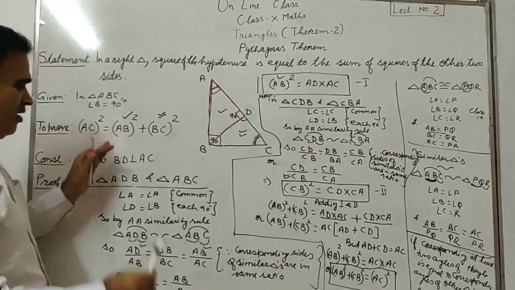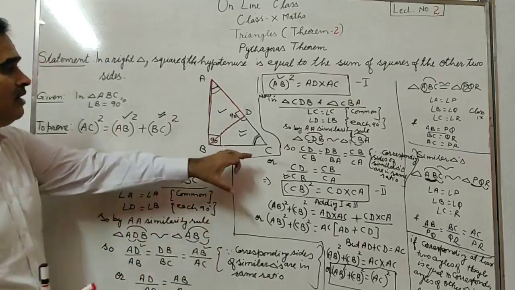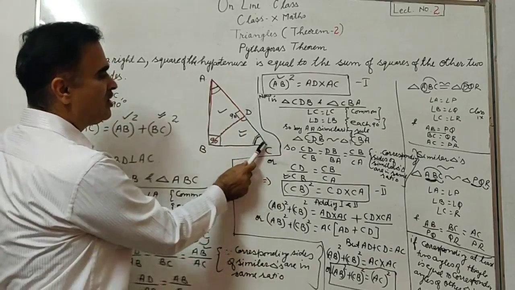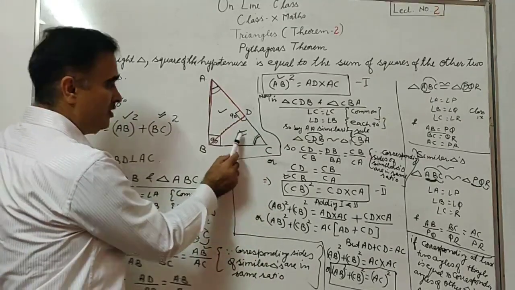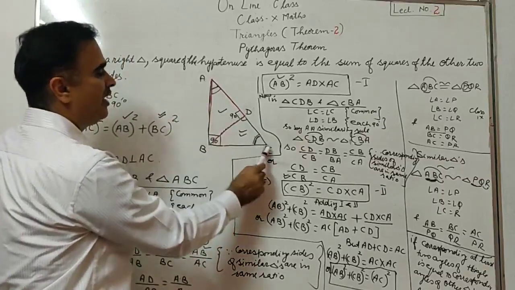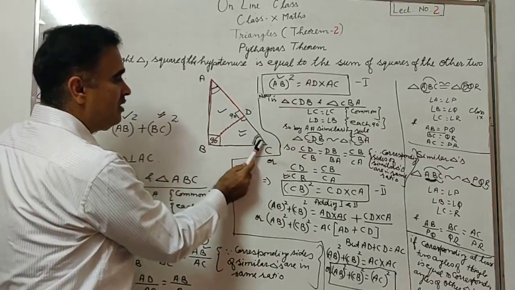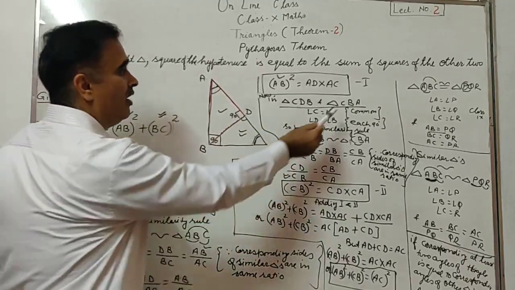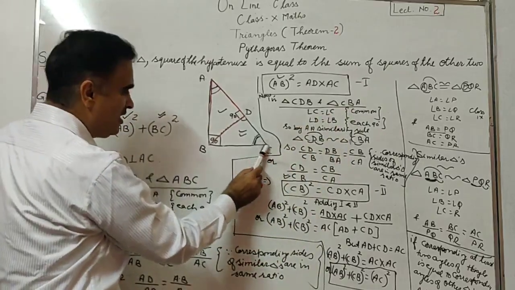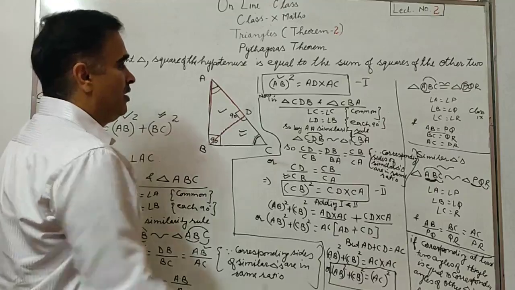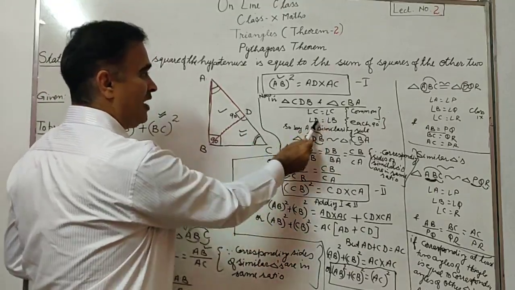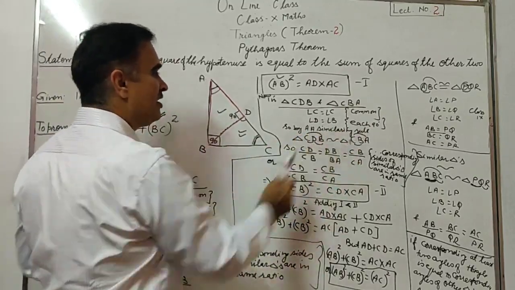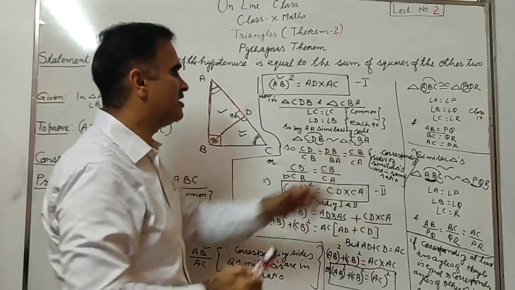This we take first. Similarly, we take this small triangle and the whole triangle. We start from here because this angle is common, in this triangle and in the big triangle also. C and D is 90 degrees, we take D in the middle: C, D, B. The third you can leave. And in the big one, you start from C, B, A. C is common, and angle D is 90 degrees, in the big triangle angle B is 90. Then triangle CDB is similar to triangle CBA.